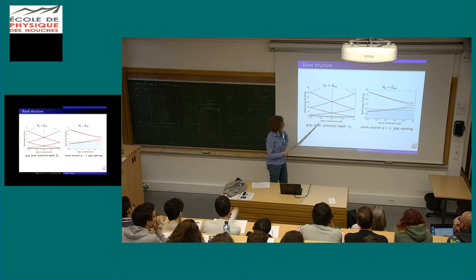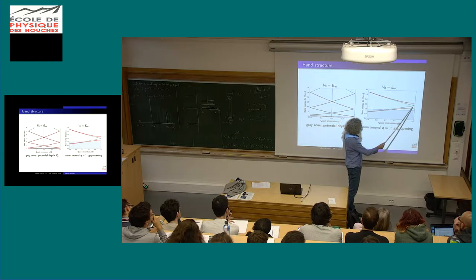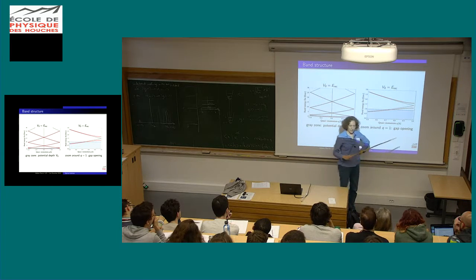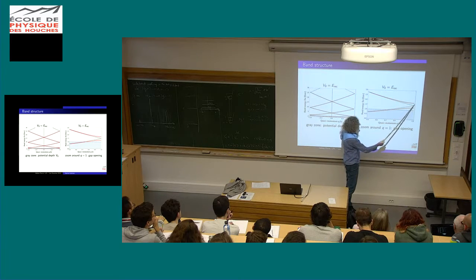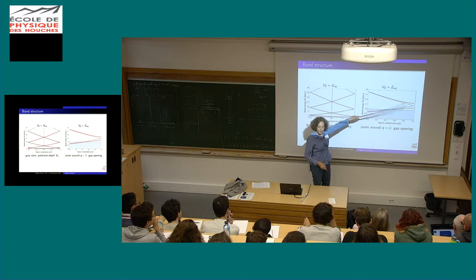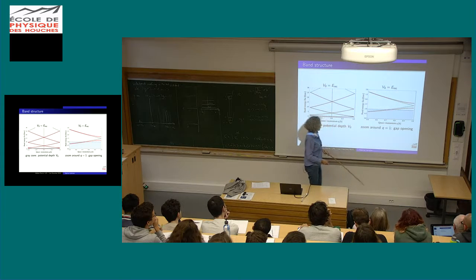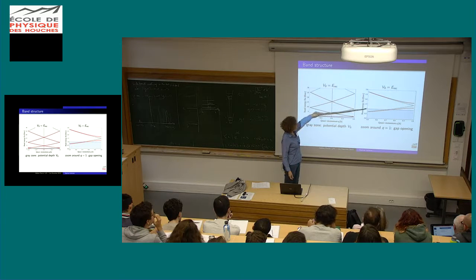If it is just the recoil, what's happening is that if I zoom on the edge of the Brillouin zone, I see that indeed these two states which were degenerate at the edge now are not. There is a gap opening, and the size of this gap, my unit here is always recoil. One recoil is this, from there to there, and this is half a recoil, and as V0 is just a recoil, it agrees with the splitting of V0 divided by 2 that we get at the edge when the two free particle energies cross.